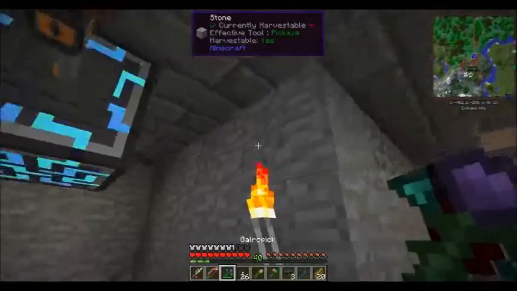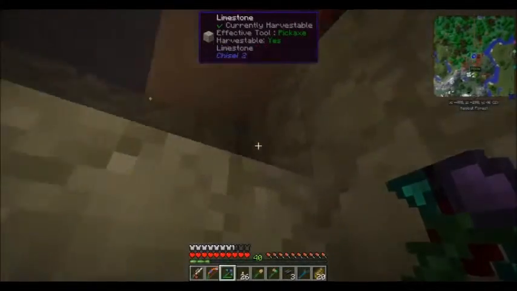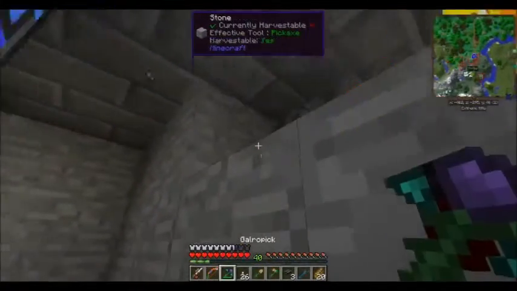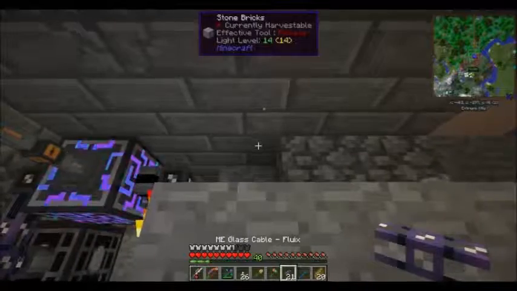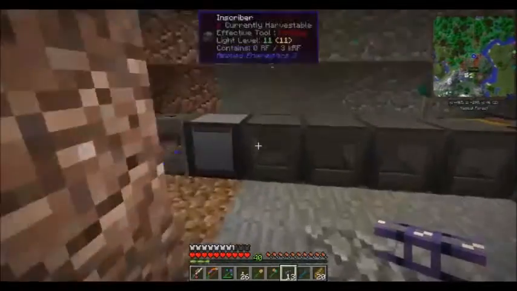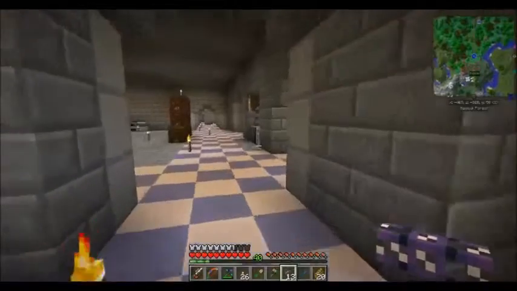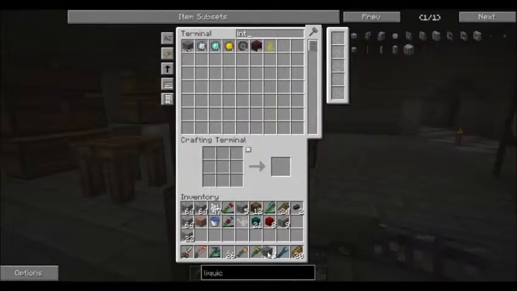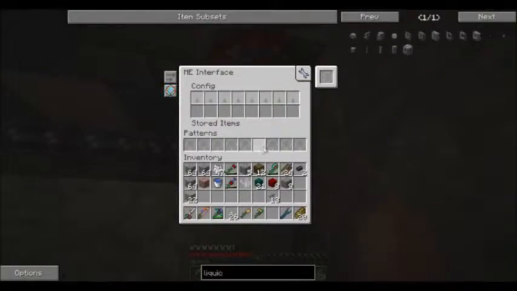So I'm going to run some cable over here. And we're going to put an interface right there. So let's put one smart cable there so we can keep up with how many channels we're using. Alright, we need an interface. I actually think I crafted one and never used. Yep, there it is. Alright, now on this interface,